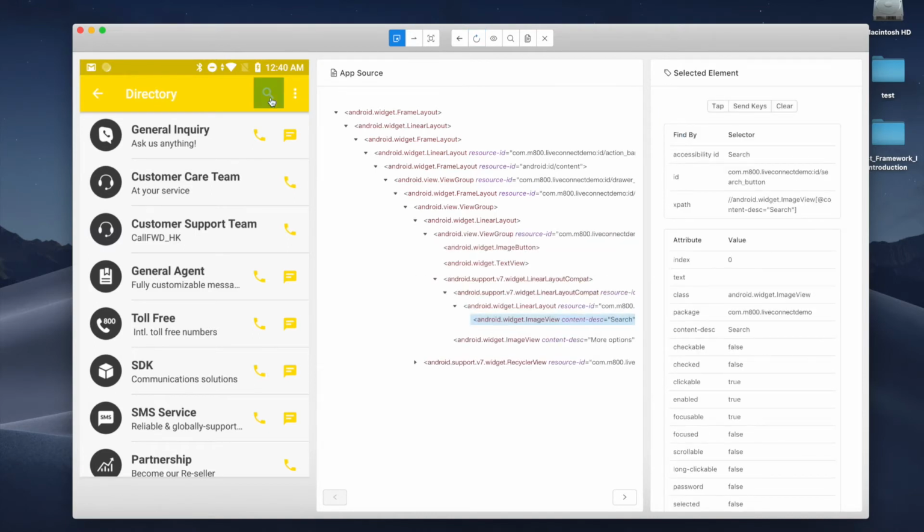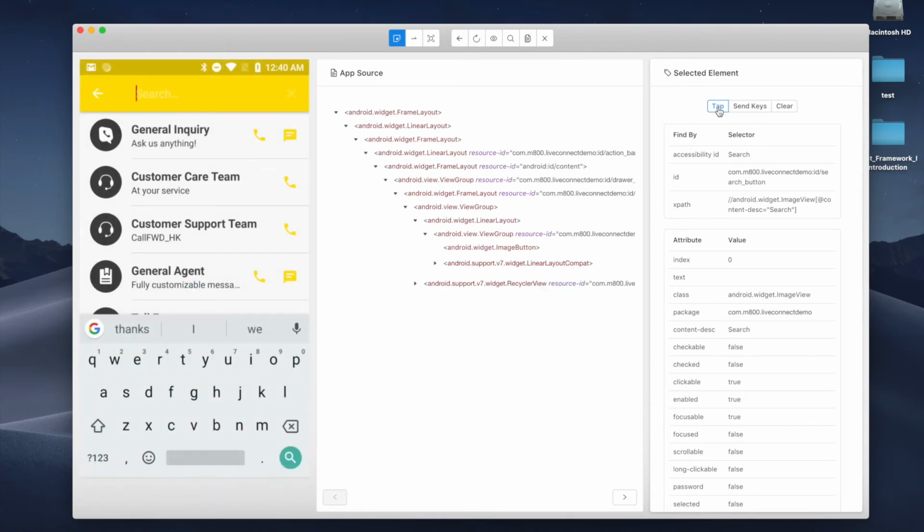Okay, we click on the search button and you will see the tap button is enabled in the app inspector. So we click the tap. It sends the action we performed to the phone and auto refreshes, so we can see the changes here. Okay, it's very easy to use, and you will see the accessibility ID called search, and